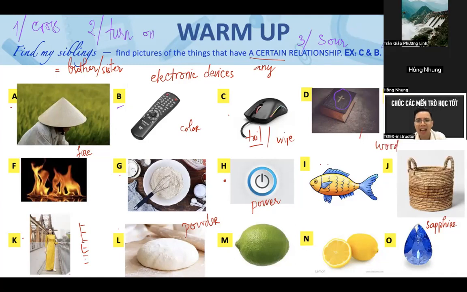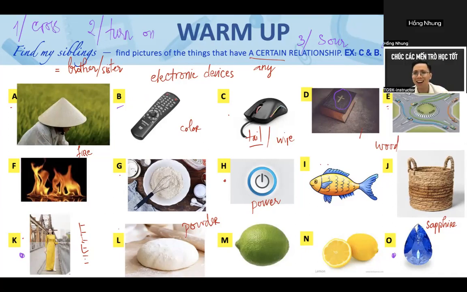K and O. Excuse me, what and O? K and O. I think that the O is expensive and K a woman. Both of them are difficult to have, difficult to conquer. I love it. Difficult to have. Right, but I want to give you another word. Difficult to obtain. Women and sapphires are difficult to obtain. I love your ideas, Linh.